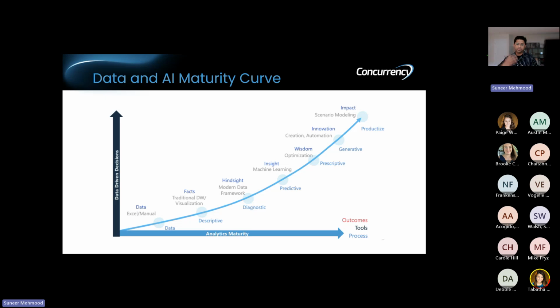Now, moving forward, if your data estate matures a little bit, you move into a modern data framework. A modern data framework would mean that you get a little bit more diagnostic capability into your data. You would have a centralized data warehouse, a data lake, mostly self-service BI, and you will have a holistic look at your data altogether.